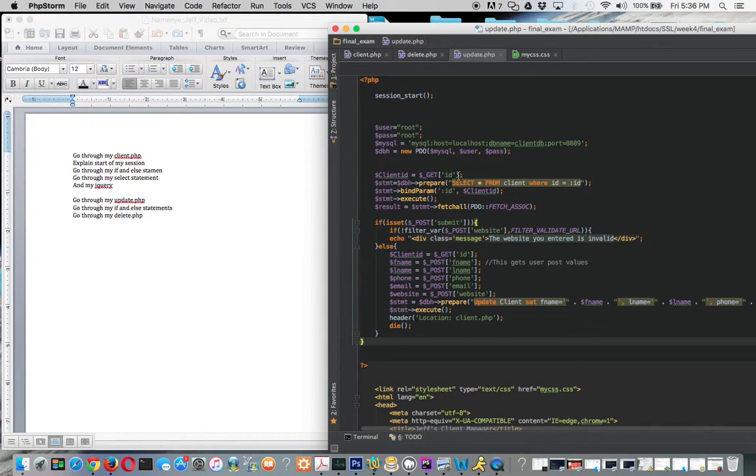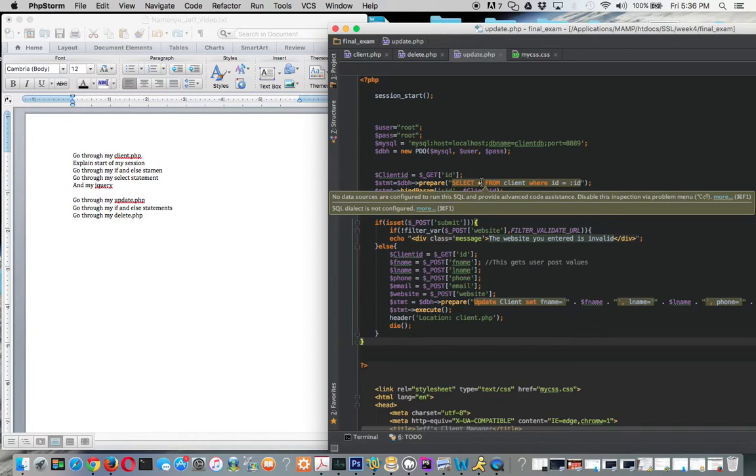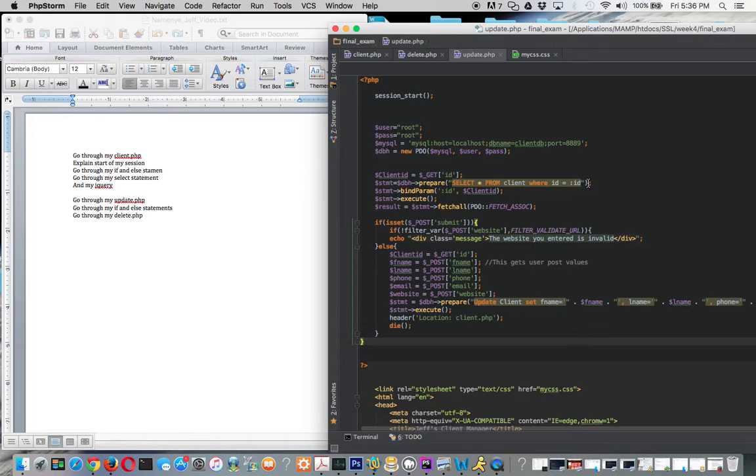Client ID, you get the ID, the statement, database handler prepares, and again it selects all from client where ID equals ID. It binds it and then it executes it. My if statement, if it does exist, it posts a submit. Again, it wants to validate that there is a valid URL,